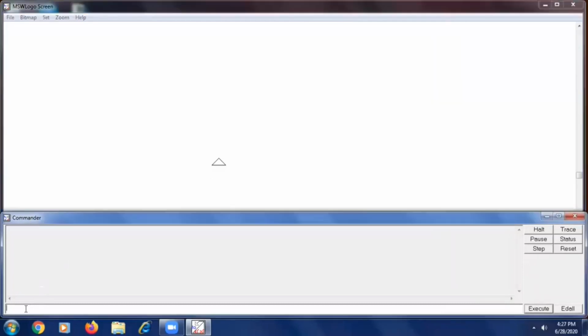In our class 3, we learned this command FD. FD is used to move in a line. So if I give FD 100, our turtle will move 100 steps. While we move 100 steps, if I want to turn the turtle, I can use the command RT.